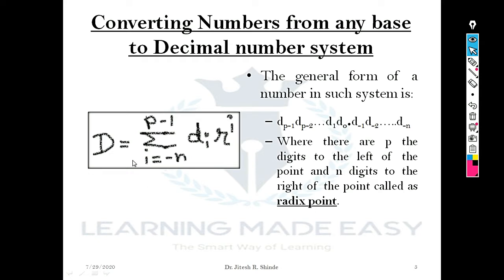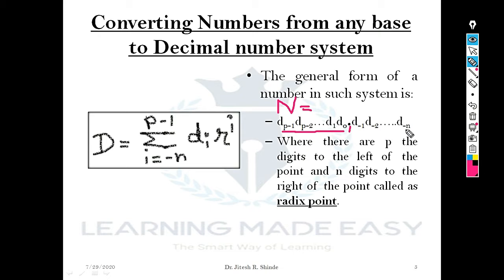here, the formula we shall be using is this one. Say the number is capital N, specified in generalized format: d to the base p minus 1, d to the base p minus 2, and so on, d to the base 1, d to the base 0. This is our integer part. Fractional part, this is our radix point, d to the base minus 1, d to the base minus 2, so